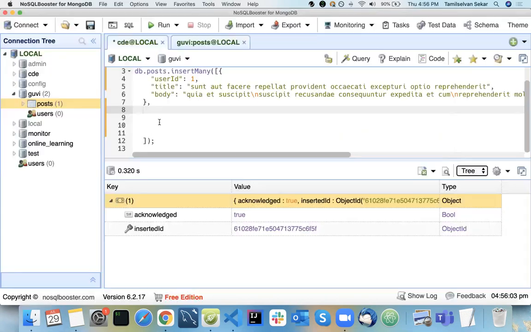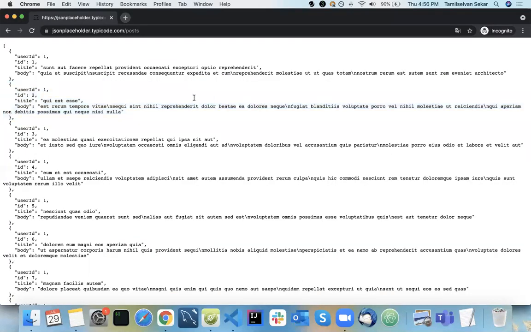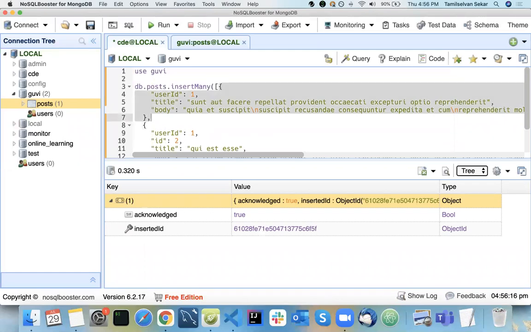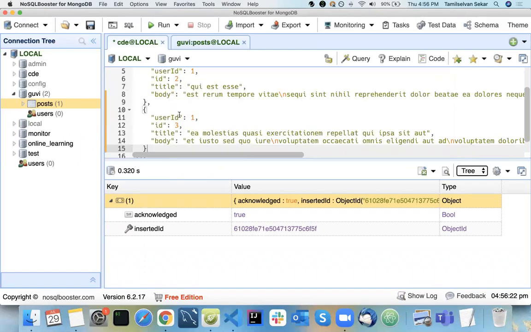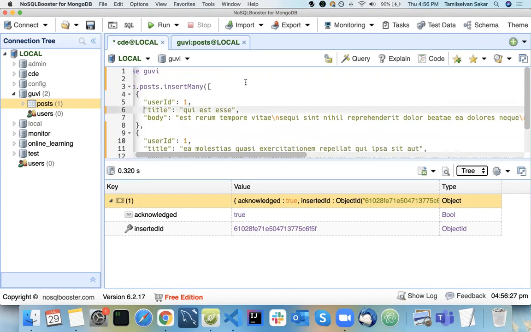I'm going to insert this data, and I will take one more data here. I don't need the ID column here.